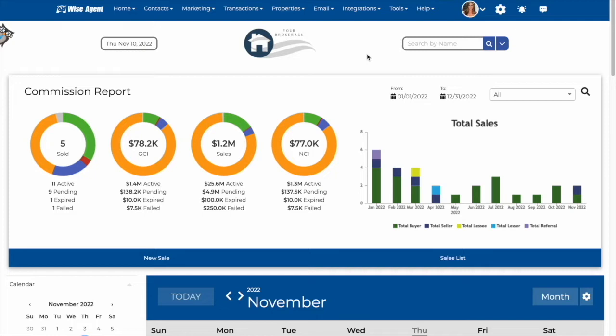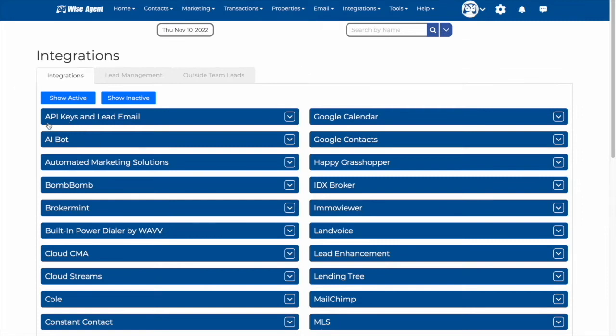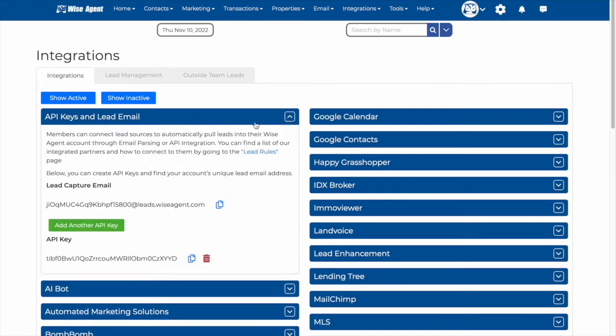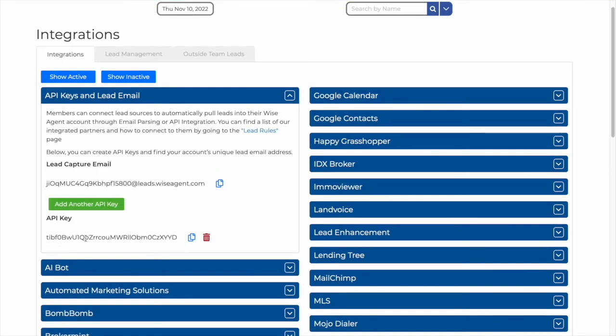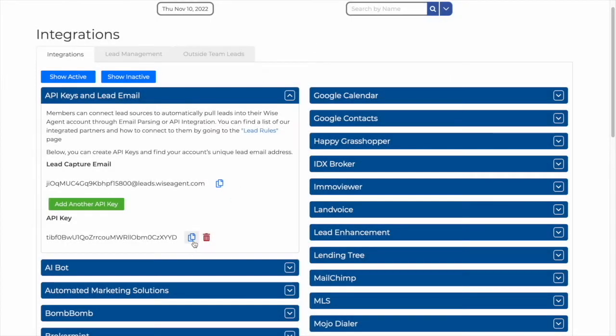From your WiseAgent account, you'll want to go to the Integrations dropdown and then click on Settings. From this page, you'll want to go to the header that says API Keys and Lead Email on the left-hand side and expand this. From here, you'll be able to copy your API key. If you need to create another API key for a team member, you would click Add Another API Key, and then you can assign the team member from here. Once you've copied your API key,